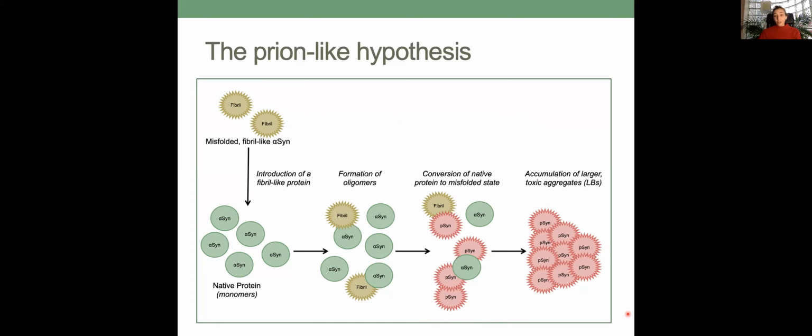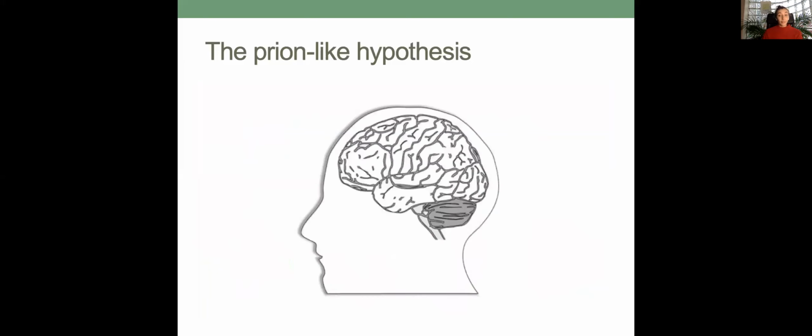I've used the example of alpha-synuclein here, but the same idea is thought to apply to tau and amyloid beta as well. Some evidence that has led us to think that this may be the case comes from the earliest Braak stages in Parkinson's disease. Recall that we see early accumulation in the olfactory bulbs, as well as deep in the brainstem,